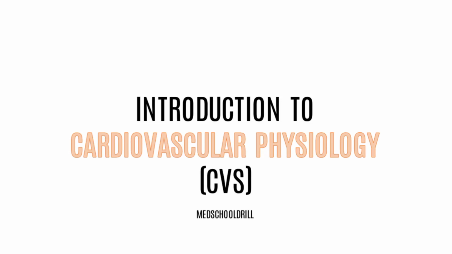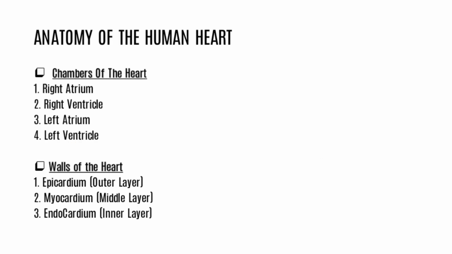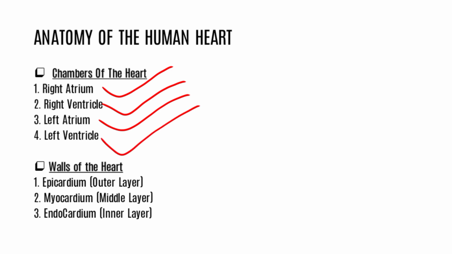Good day, everyone. Today we're looking at the introduction to cardiovascular physiology. The first thing you should know is the basic anatomy of the human heart. The heart is composed of four chambers. The first chamber you will see is the right atrium, then the right ventricle, the left atrium, and the left ventricle. Next, the wall of the heart is composed of layers: the epicardium,